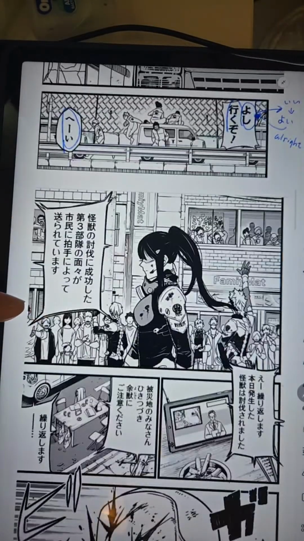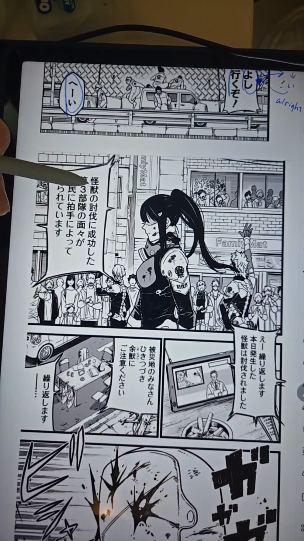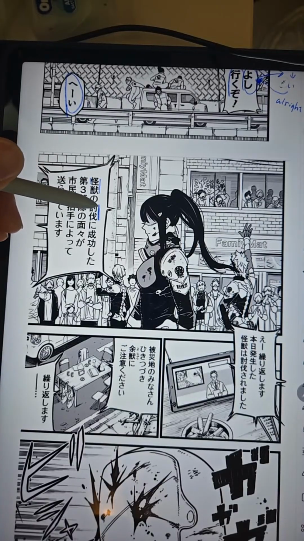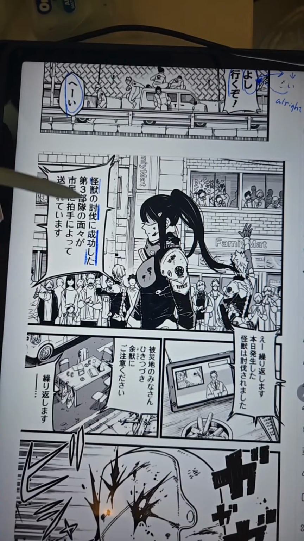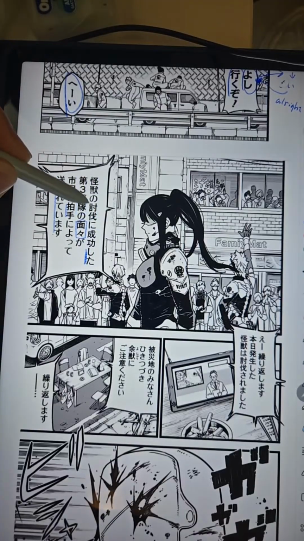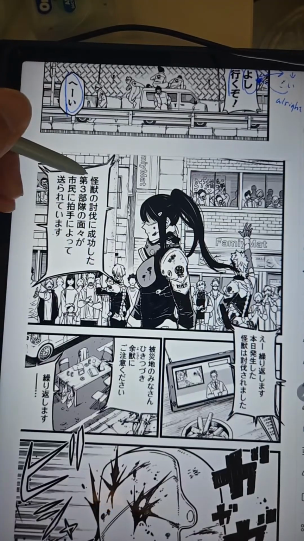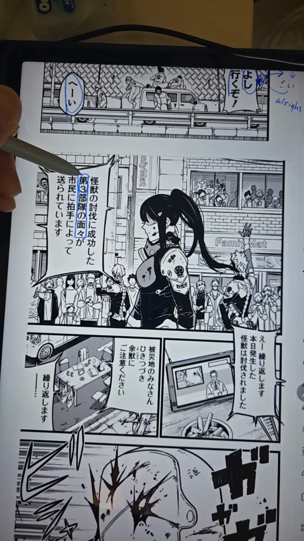Okay. はい。怪獣の討伐に成功した。Okay, let me read it again. 怪獣の討伐, elimination, に成功した。成功する is to succeed. Past tense. 成功した。第3部隊の面々が市民に拍手によって送られています。Okay, so this one is using a noun qualifying sentence, meaning this one, 第三部隊の面々。第三, third, this first kanji